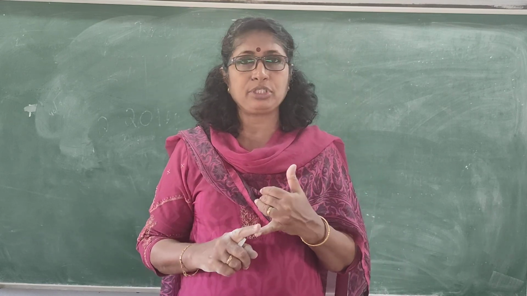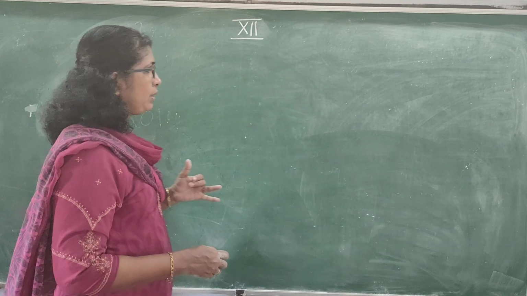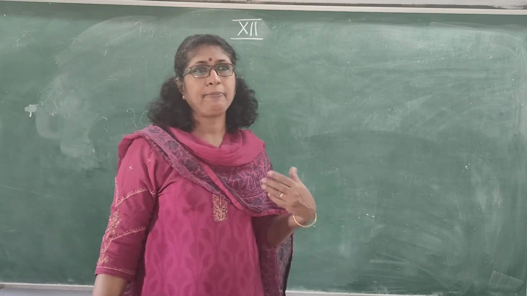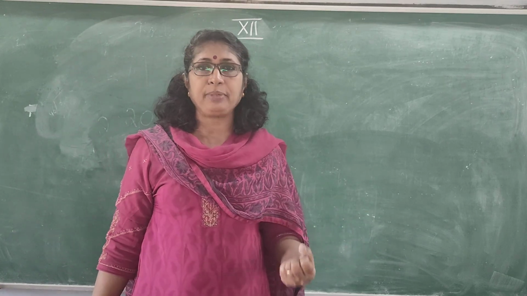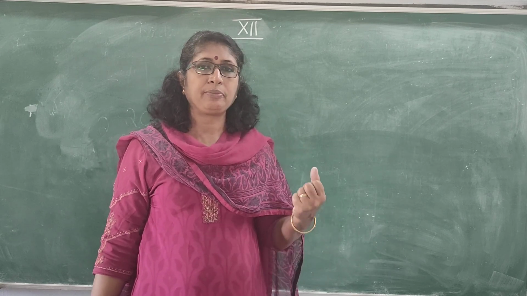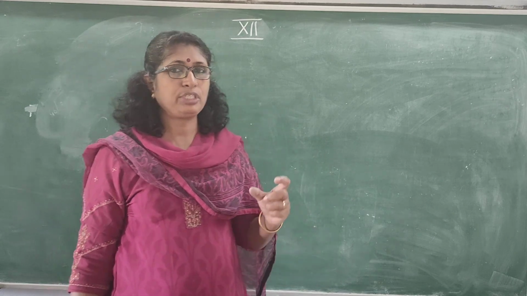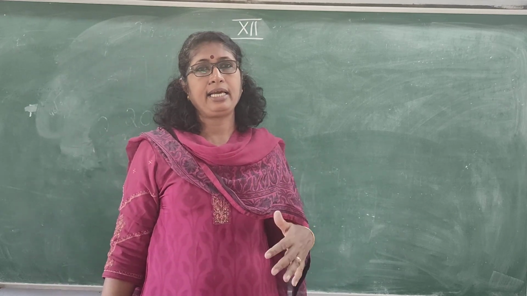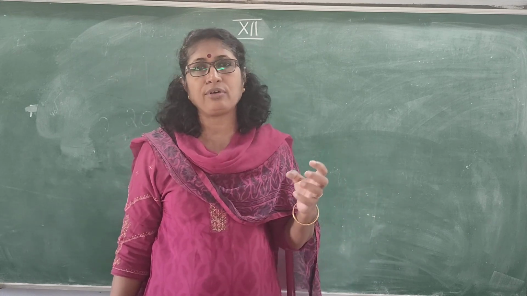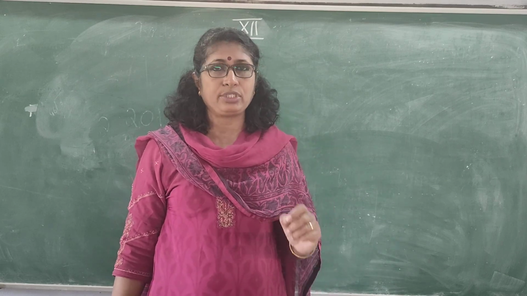First, it must obey Raoult's law. Second, PA should be equal to P naught A into XA and PB must be equal to P naught B into XB. Then enthalpy of mixing should be equal to 0 and volume change during mixing must be equal to 0. These are the conditions to be satisfied for a solution to be ideal, and yesterday we saw there are a lot of solutions which do not follow such conditions, and we call them non-ideal solutions.